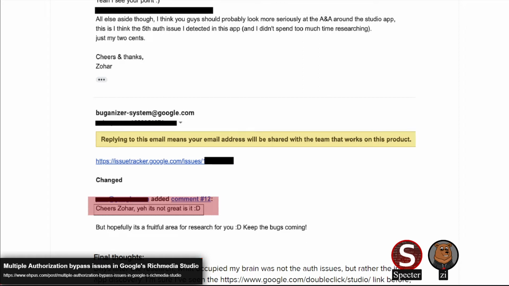But when I looked through Web Archive, there have been references to this Richmedia app since 2013. So it just seems like one of those things where they don't open it up to the public because it's meant for a closed group of people that are invited. It does kind of remove that excuse I was conjuring in my head of why these issues might exist, where it's early in development.